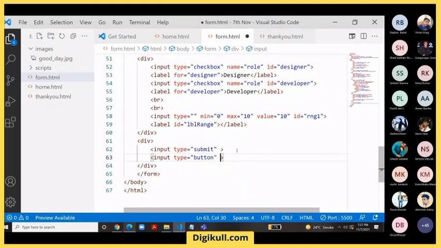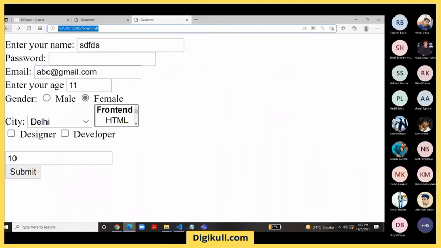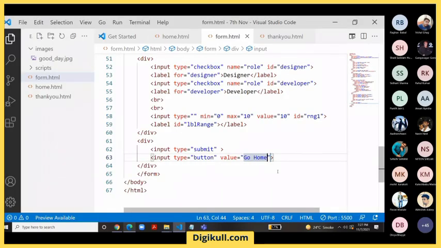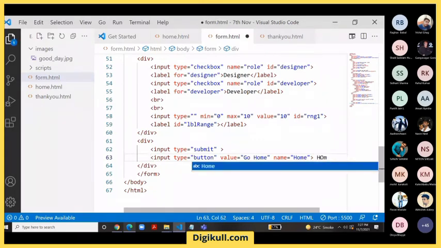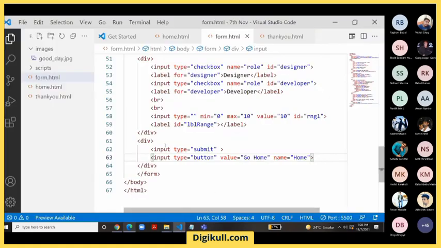I can specify any name and value for it. Let's say go home. Anything like that I want to display, so that will come on your page. Why is it not displayed? I need to give the name. Type button. Yeah, now it's coming, go home, right? If you want to do something on this button, you need to write JavaScript code. However, for submit, wherever this type is submit,